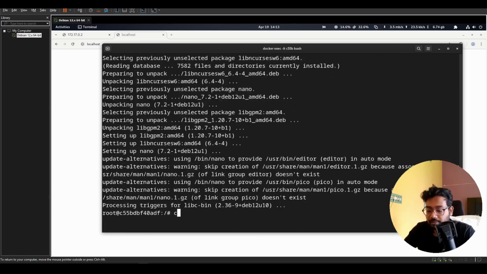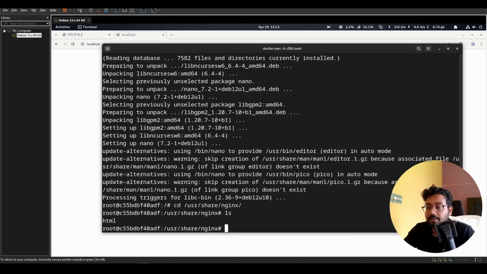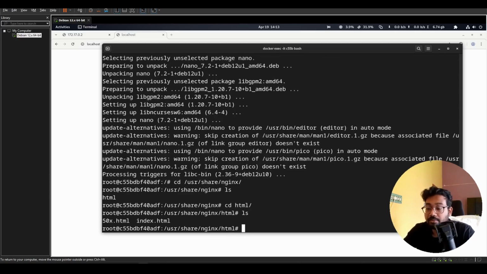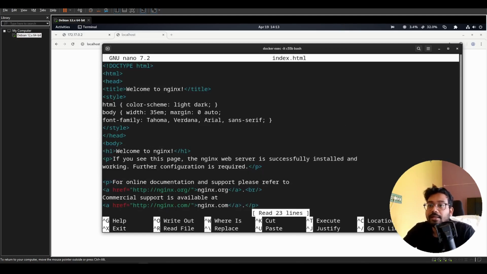Okay, let's go inside usr share nginx. Okay, if we go there is html, so html ls, and we have this index.html file. So let's say nano it, nano index.html, and inside here